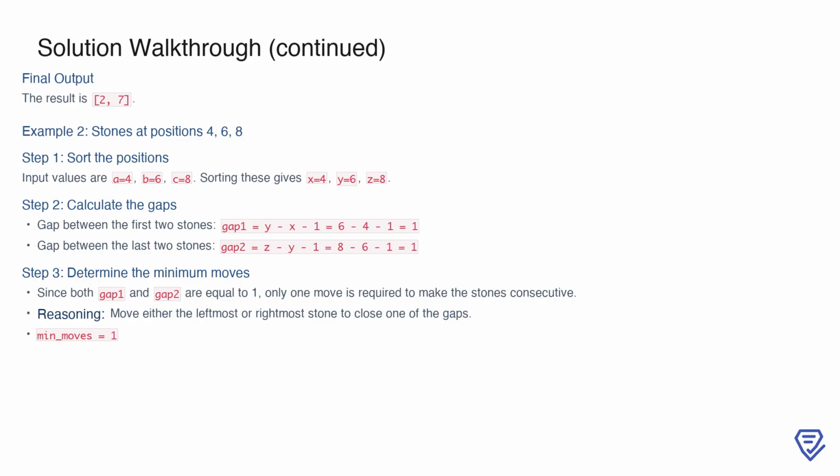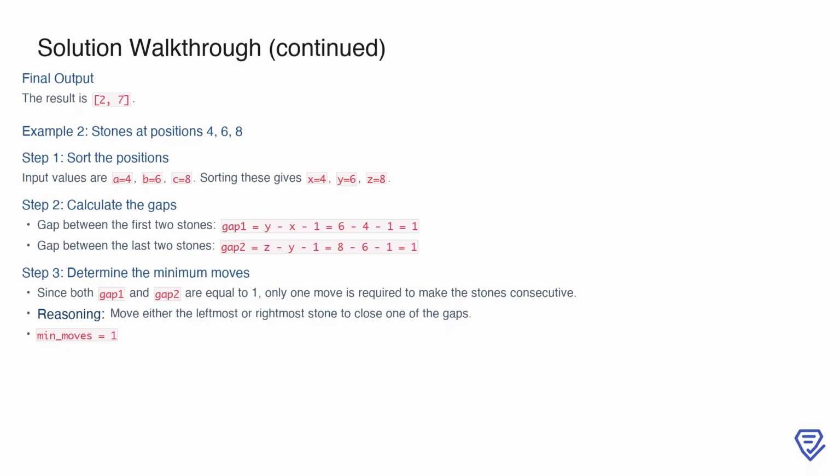Now, let's move to the next example, where the stones are at positions 4, 6, and 8. Once again, we begin by sorting the positions, which gives x equals 4, y equals 6, and z equals 8. Calculating the gaps, we find that the gap between the first two stones, gap1, is y - x - 1, which equals 6 minus 4 minus 1, which is equal to 1. Similarly, the gap between the last two stones, gap2, is z - y - 1, which equals 8 minus 6 minus 1, which is